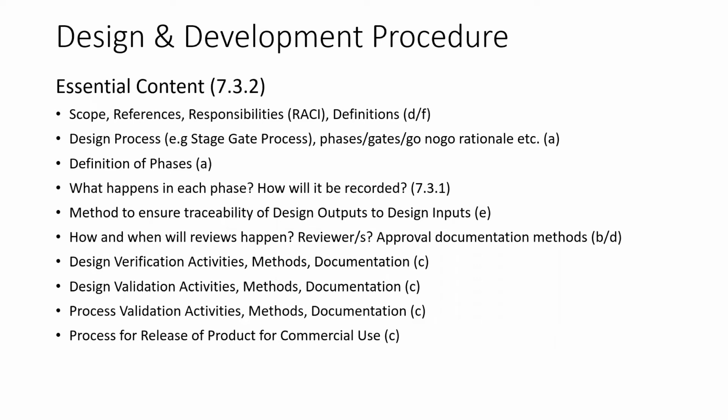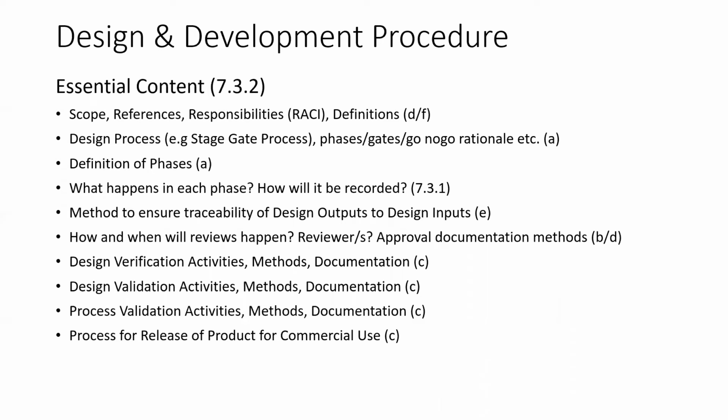Procedure needs to define how will we review, what is the method we are going to follow internally to make sure that we are, I wouldn't say not making mistakes, but is my process robust enough to capture mistakes, to catch mistakes before they become big? So what is the process I'm going to follow? What is my review process? What are going to be the methods by which we will do design verification? How will we document these methods? How will we write protocols? How will we establish acceptance criteria? How will we establish a test protocol? Okay, all of this needs to be defined in the procedure.